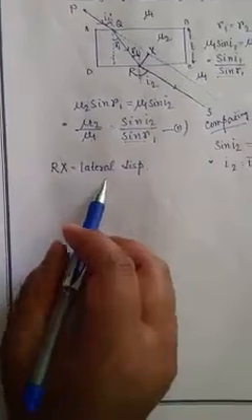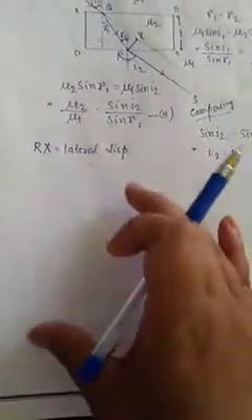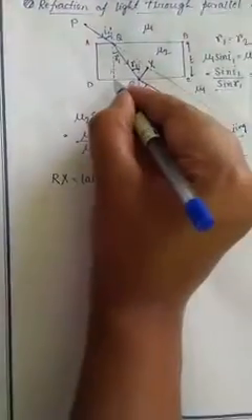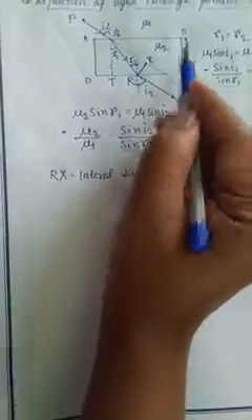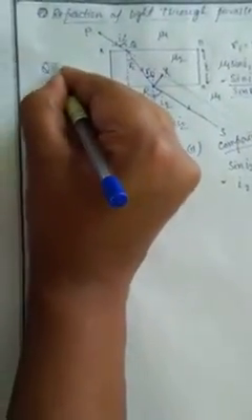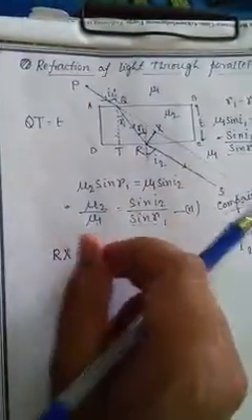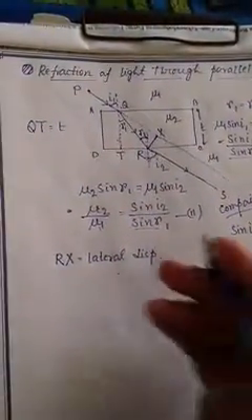Okay, actually this is a little bit hectic process. Of course the calculation is a little bit large, but actually easy. Okay, just look at this, how we calculate this, very carefully. We are taking this as T, and QT equals the thickness of the slab. I am writing here QT equals T, that is the thickness of the slab.